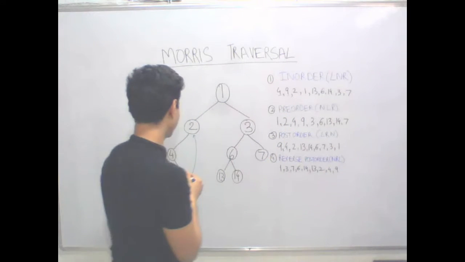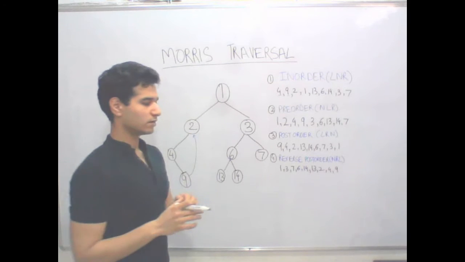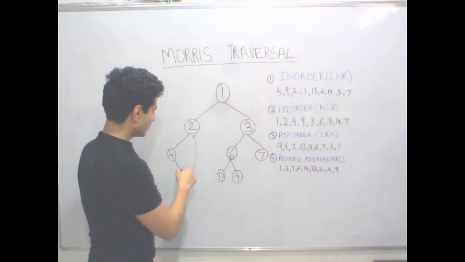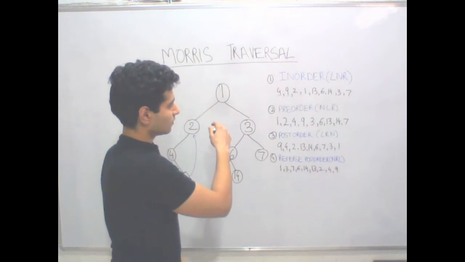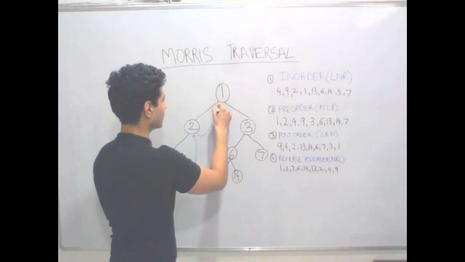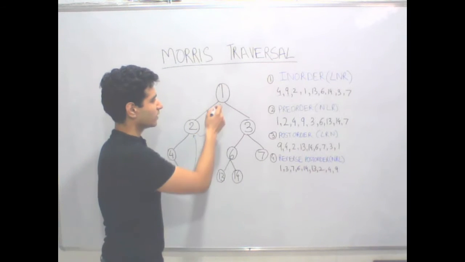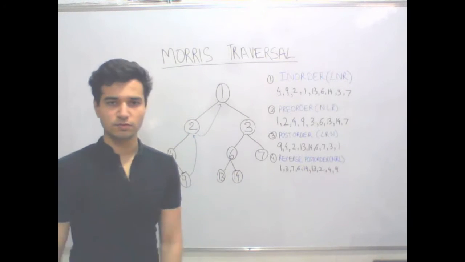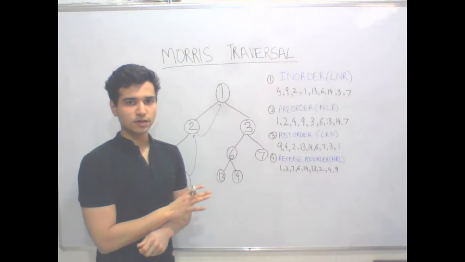So if we can make a link from 9 to 2 while we are at 2, we can go back above. Similarly, when we are at 1, 1's predecessor is 2. If we can make a link from 2 to 1, then our job would be done, right? When we are at 2, we can go to 1 again and proceed further from there. Similarly for other nodes. This is actually how this algorithm works.